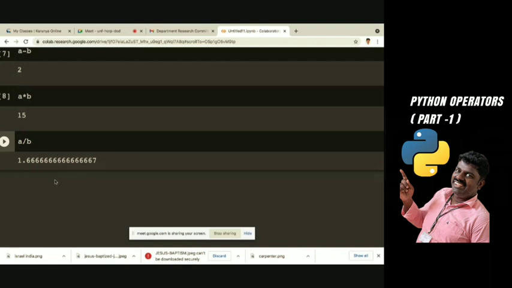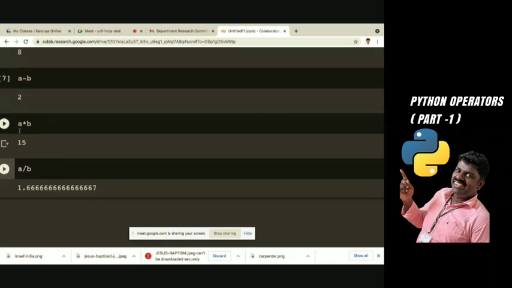But in normal C, when we run the program, you will get only the value 1, only the integer part, because you are declaring both input variables as integers. But here we are just putting slash, it is converted into float and then it gives the result.